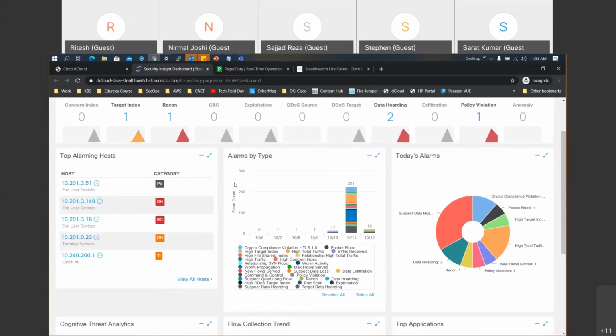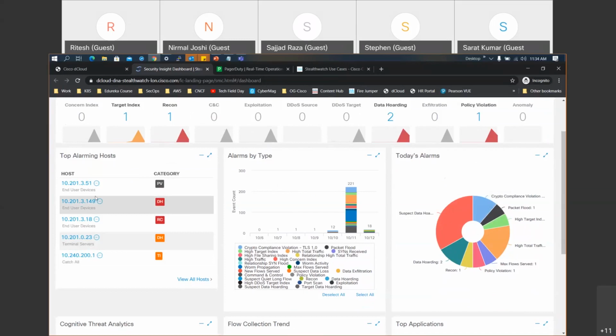Then when you move down, you see there are these little beautiful widgets come up here, and one of them is the top alarming host. Now these are the hosts which you will be able to see here, which has these alarms available at this point of time. So for some reason, I think during the initial part of the day, the alarms are less because it's a dcloud or a demo environment. By the day, time passes, you will see more and more alerts in this dcloud environment. I think this is how it is created.